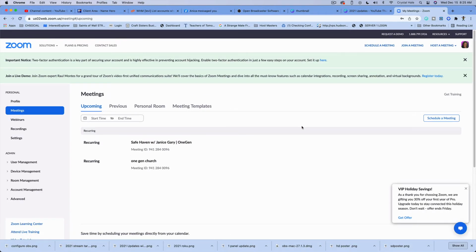You're going to see where it has a meeting or something like that. It has to be a scheduled meeting. If you don't have any meeting here, then you need to set one, because it's the only way you're going to be able to set this up. So we'll just do it as if you didn't have one. I'm going to schedule